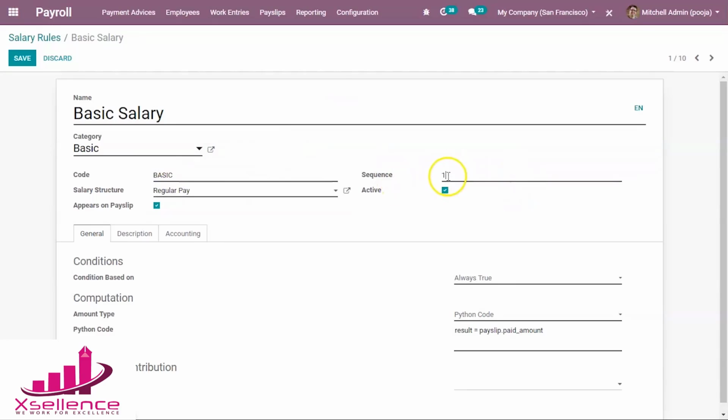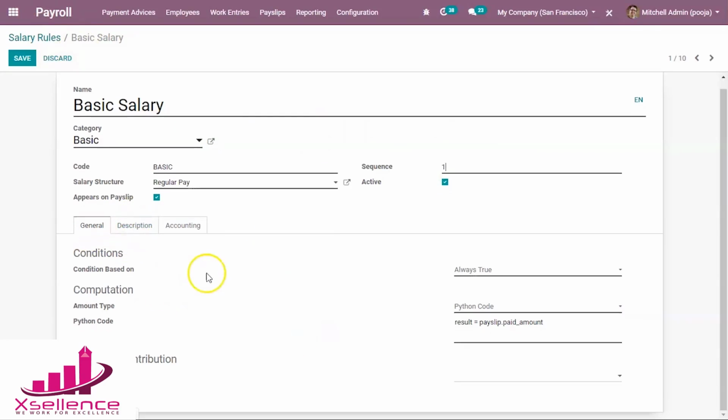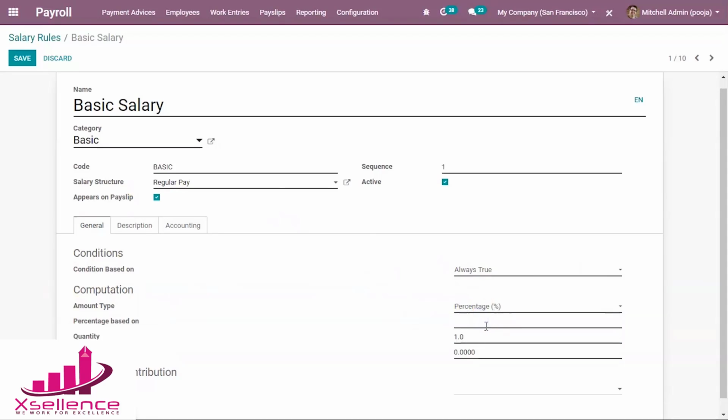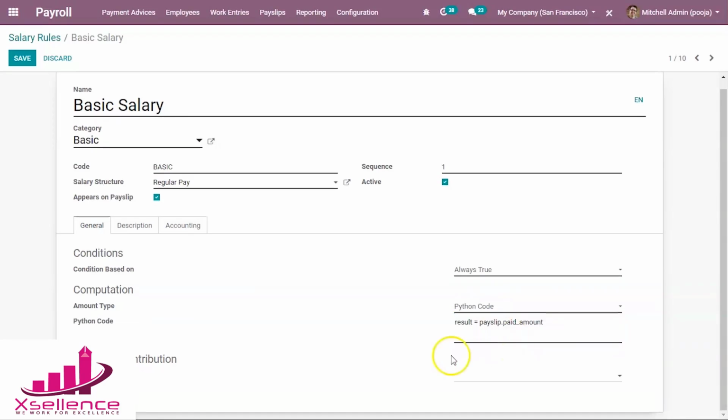Then sequence, you can add a sequence number in which order you need this salary rule. Then you can see condition based on, condition can be given, it is a Python expression. Then computation can be done percentage wise. You can mention the percentage and fixed amount. Then Python code, you can give some Python code here, and using that also you can compute it.